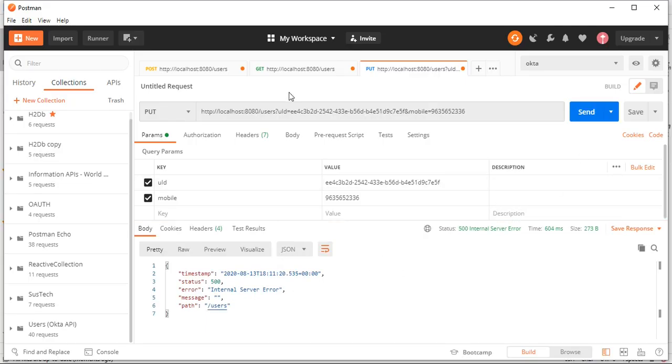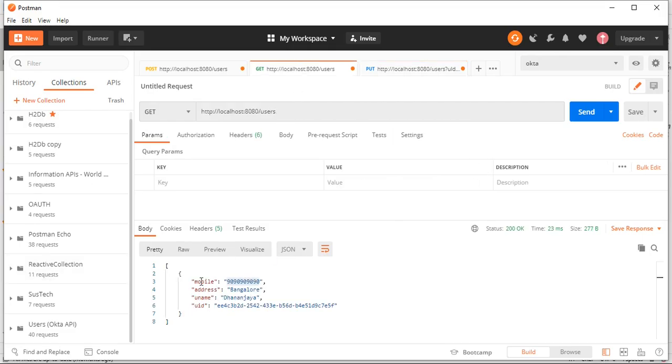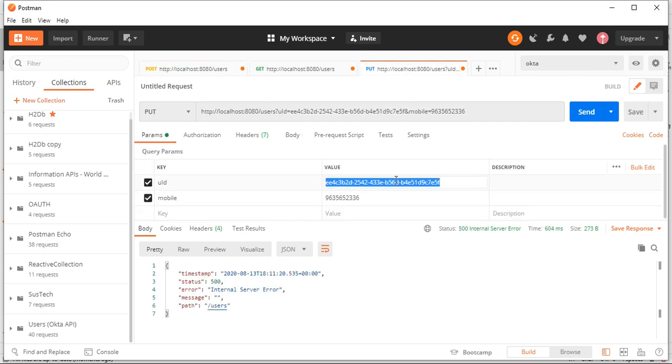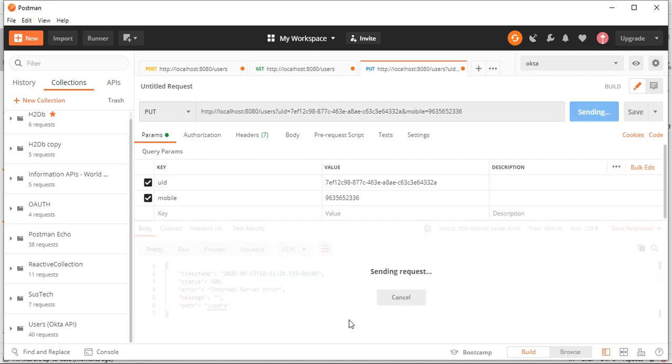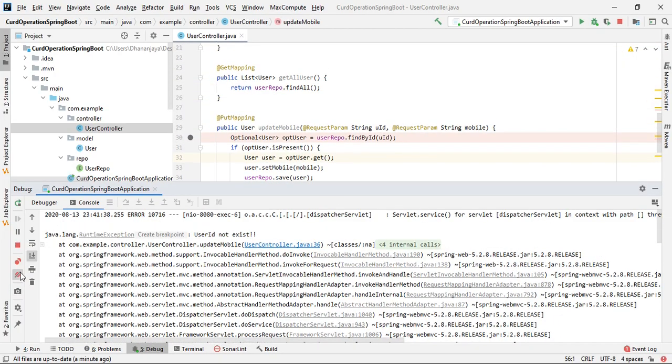No, we get the error anyhow because there is no data in the database. Let's try to insert one data. Copy this ID. So now send this one. Okay, now also we are getting the error.